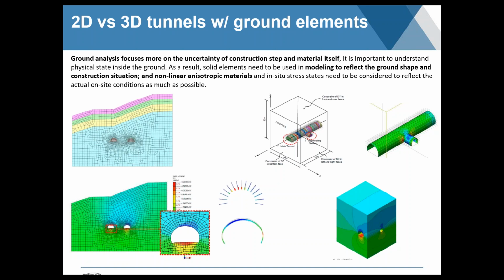You can also now start to consider the excavation method, if you're doing a full face cut, bench cut, or any other kind of irregular cut of the tunnel. You can also determine some of the terrain conditions and strata layer conditions. And then beyond that, if you push the boundary to 3D,